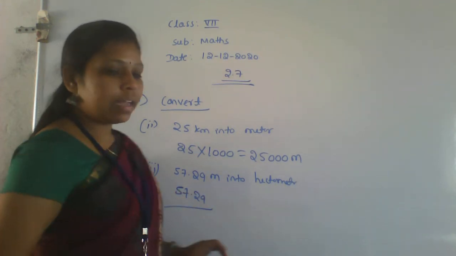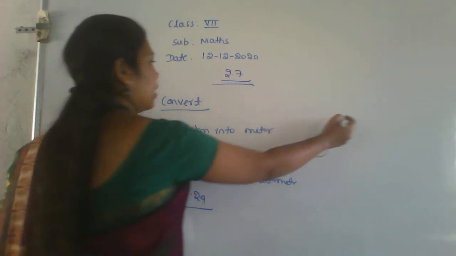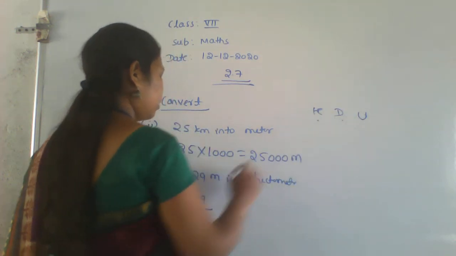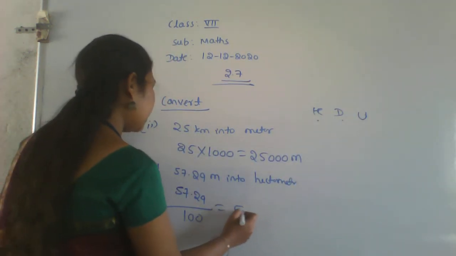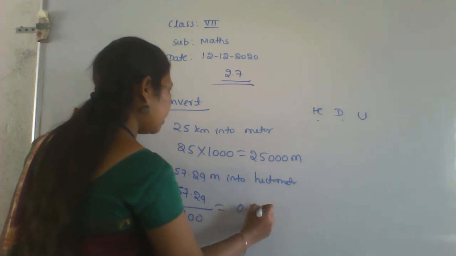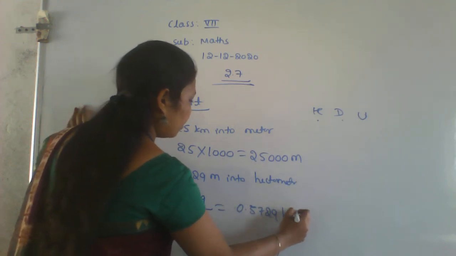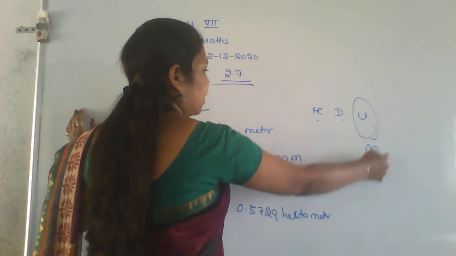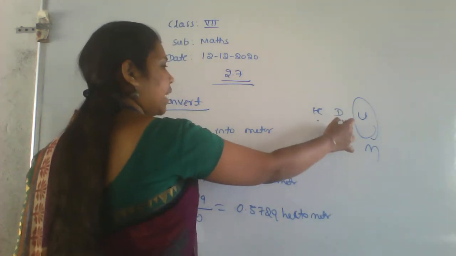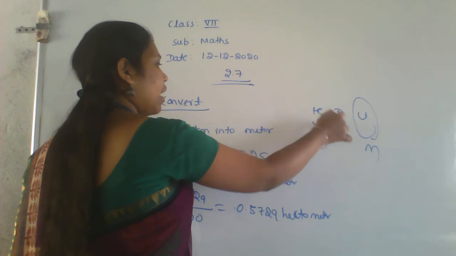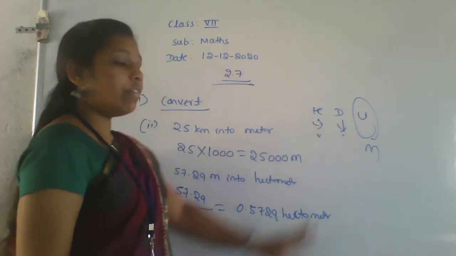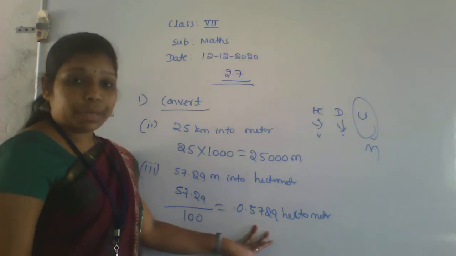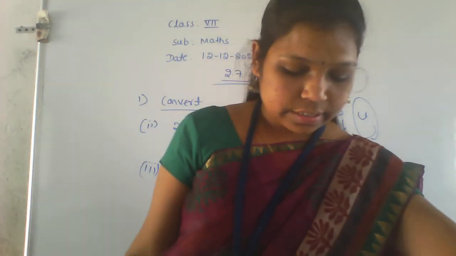So here 57.29 divided by how many? Here is the base unit and next deca, then hecto. So it is deca, hecto. How many? 2. So you have to divide with 100. So you will get 0.5729 hectometer. Okay. So next one is